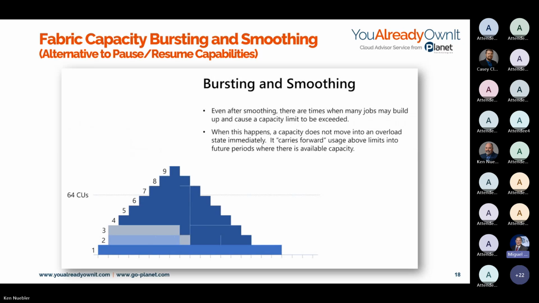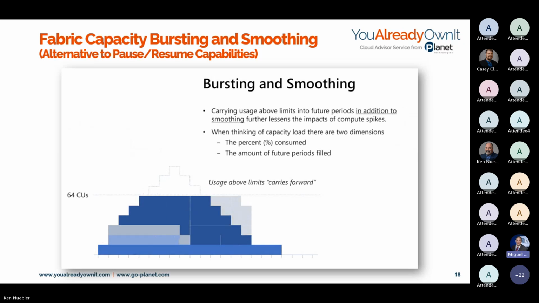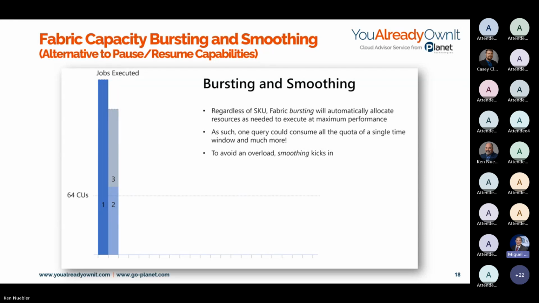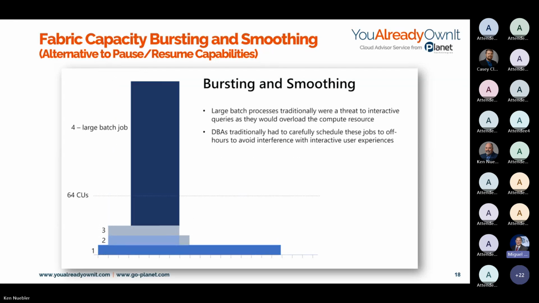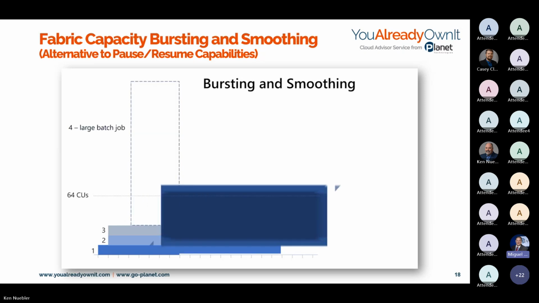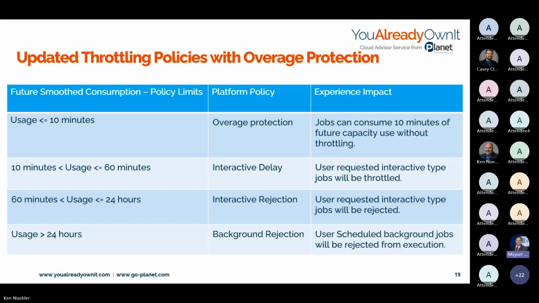The challenge is if I'm always using 64 CUs and I go above that, that's when you're going to start seeing notifications saying, hey, you need to go ahead and scale that up. But I also want to let you know what happens if you abuse this, or what happens if you take this in for too long. Okay, go ahead and go to the next slide. Again, the reported CU is on a 24-hour basis, so that's what you're going to see.